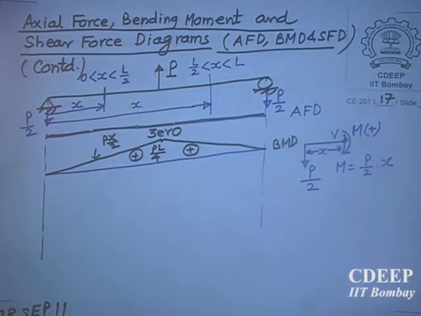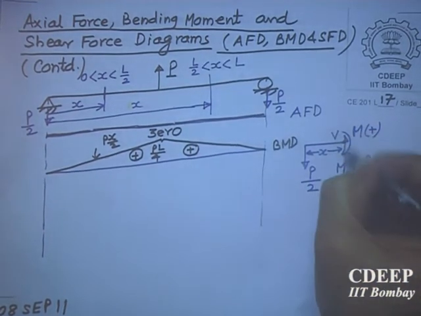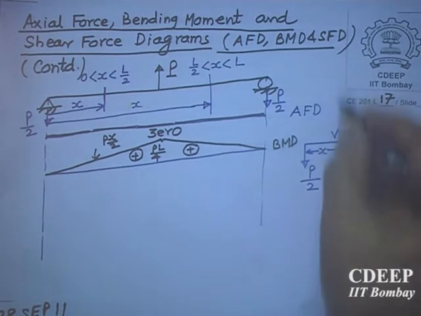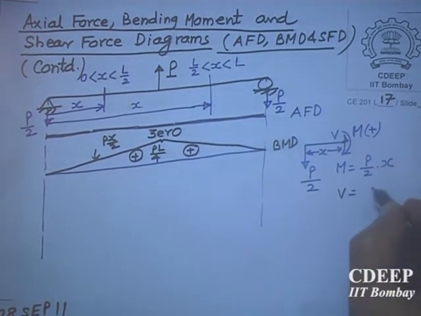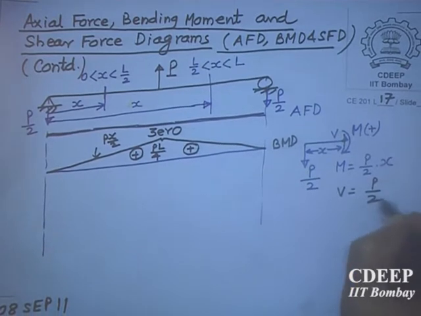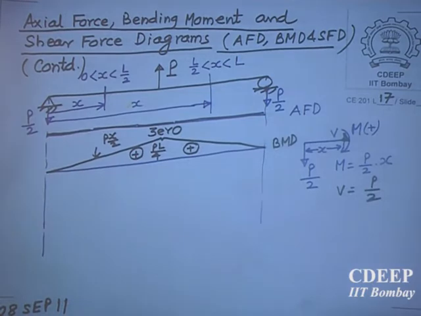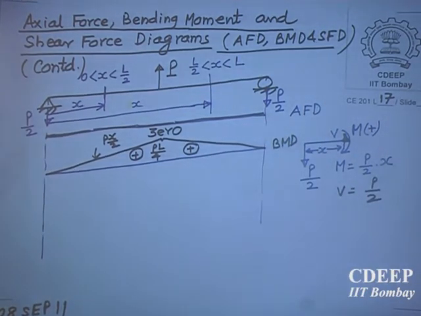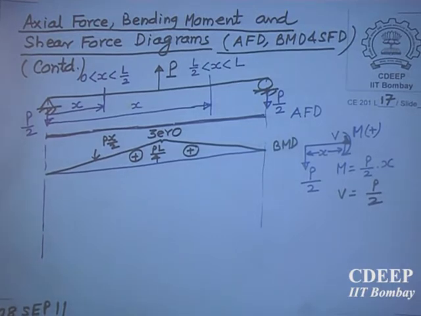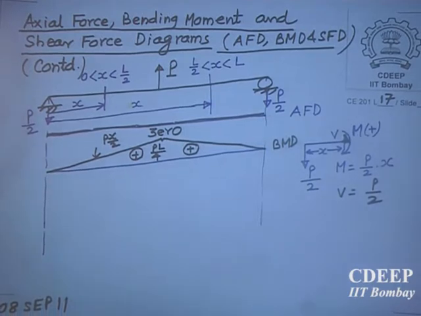Shear force, in order to get shear force, this is like this. This shear force here, we get vertical up. So it is P by 2. If I take upward as positive, then this is equal to P by 2. There is no other force in the vertical direction. V minus P by 2 equal to 0, or V equal to P by 2. So that again is positive as per our sign convention.